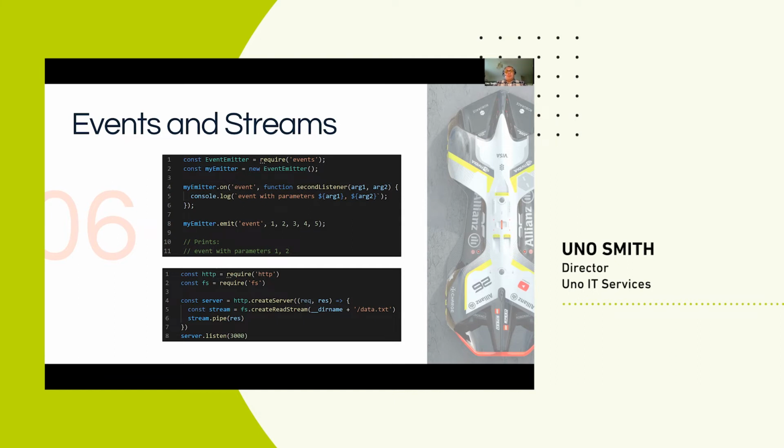So when you call the server on port 3000 at the bottom, it'll send you the content of what's in the data.txt file. And it'll do it in such a way that it immediately starts sending the data to you. It doesn't wait to read the file into memory, because often you can't read it into memory. It's usually too big. And I'm using a file here, but that can be anything. You can pipe to multiple things. You can pipe to another IP address. You can pipe from a file to a file, or from a file to, in this case, an HTTP server, so a web server.